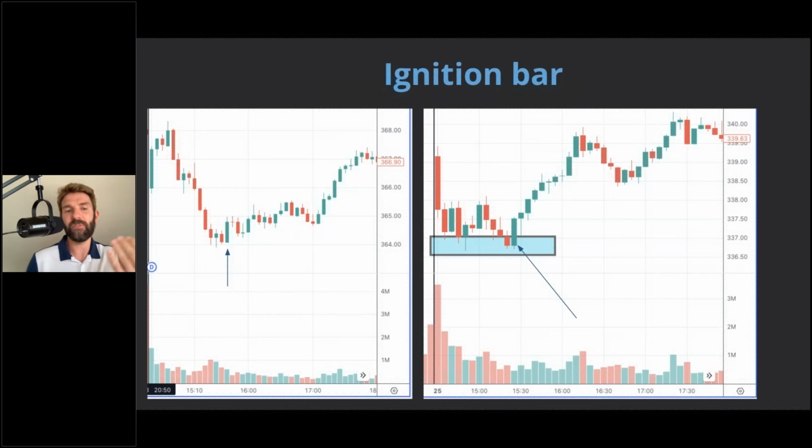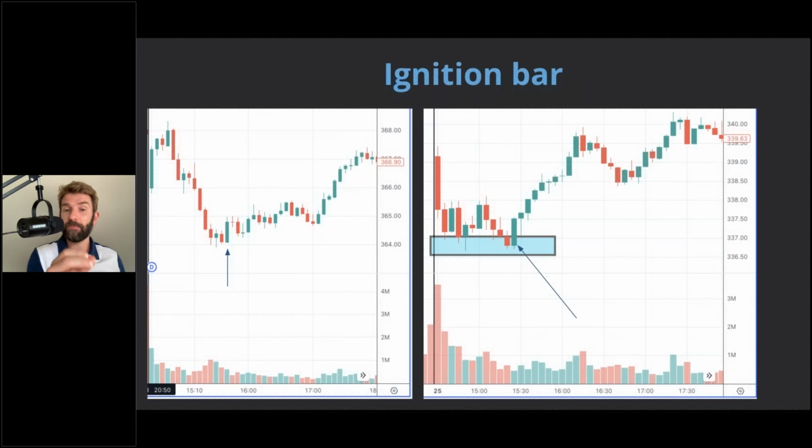Now, the downside of the ignition bar is that you can be late to a trade. So let's look at another way of getting in a trade. By the way, you deploy the right tactic for the right conditions. If you feel that there's plenty of upside here, I can wait for the ignition bar, wait for a 5-minute close and get a decent strength move and be one of the first movers, not the very first, and I can place this trade.